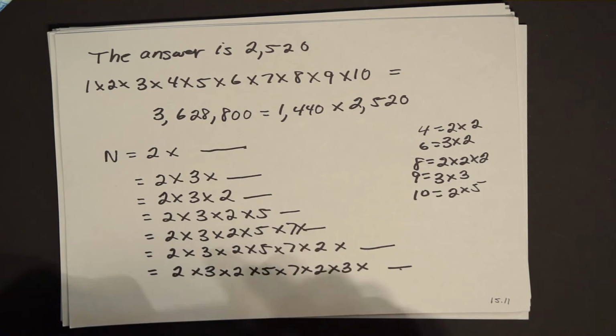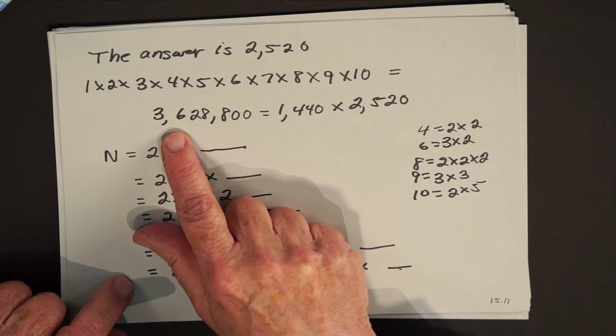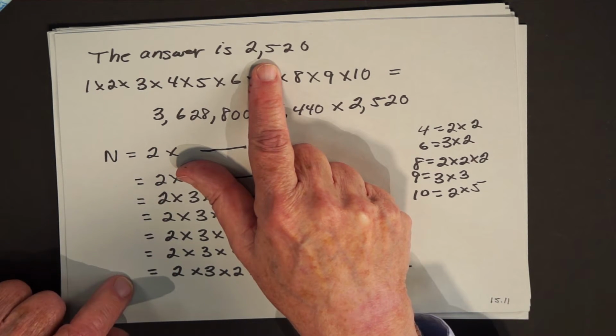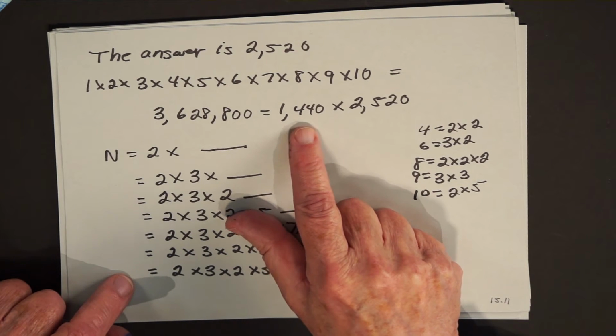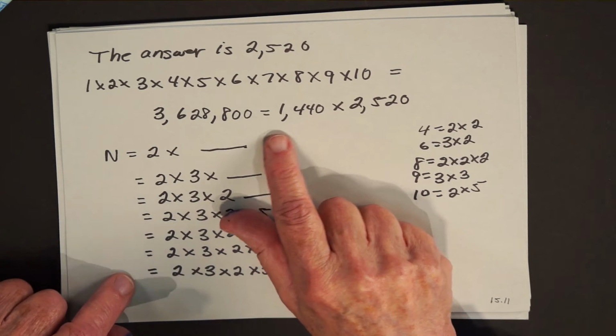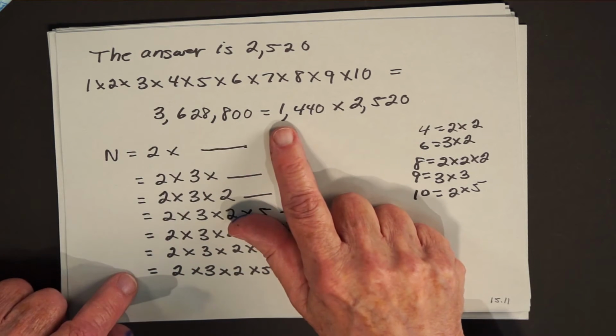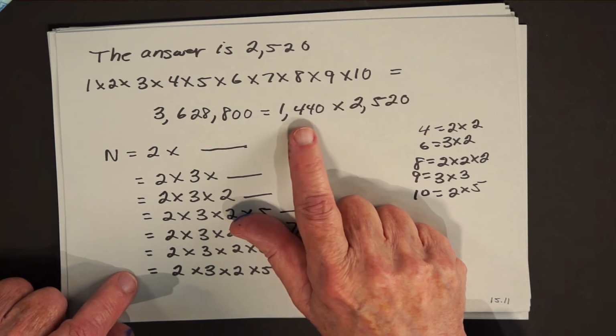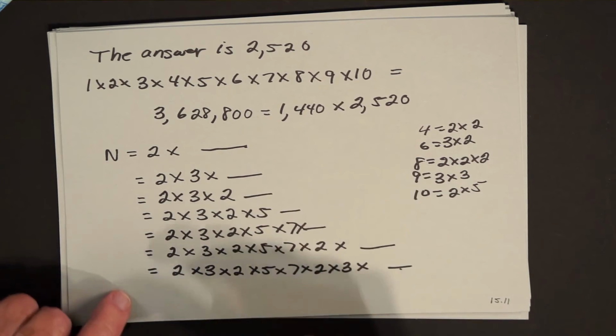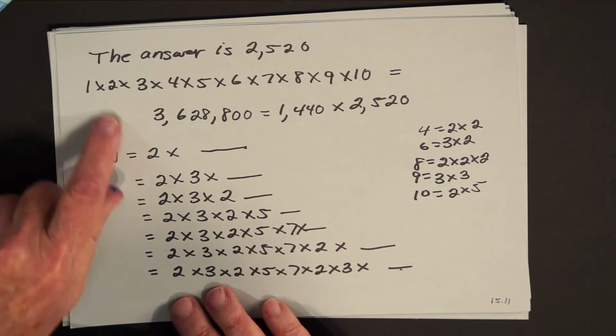3,628,800. And in fact, if you take that number and divide it by 2,520, you get 1,440. And that tells you that by multiplying all of these together, you get a number that was 1,440 times bigger than what it had to be. Well, let's see how we get this